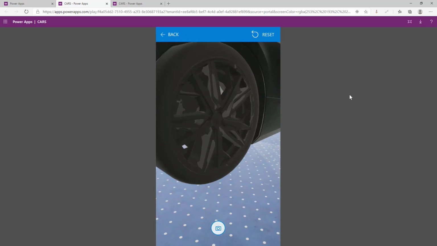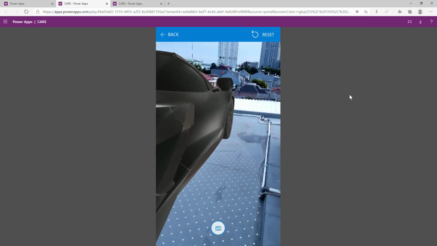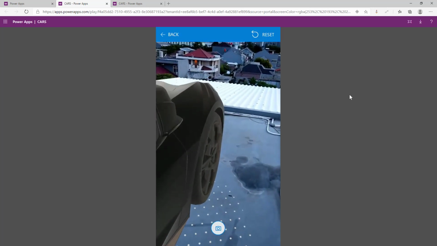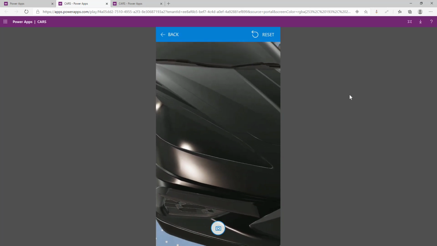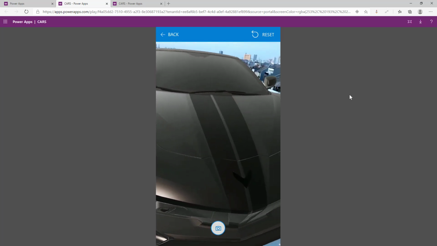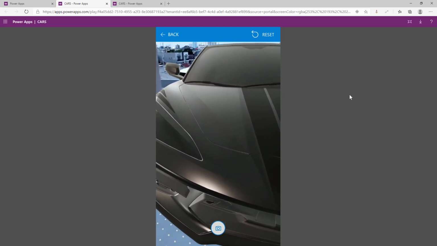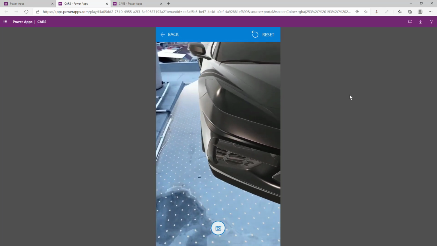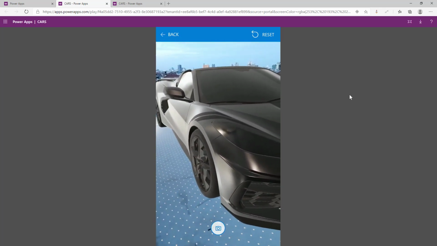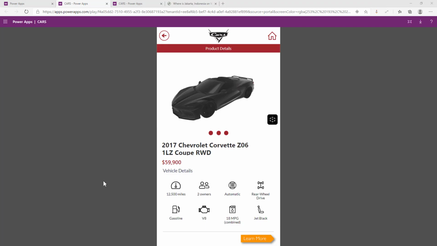We can also take some pictures of the look and feel of the car in their customer environment. For example, does it fit in their garage or not? By clicking the camera icon here, you can capture the car with the environment.